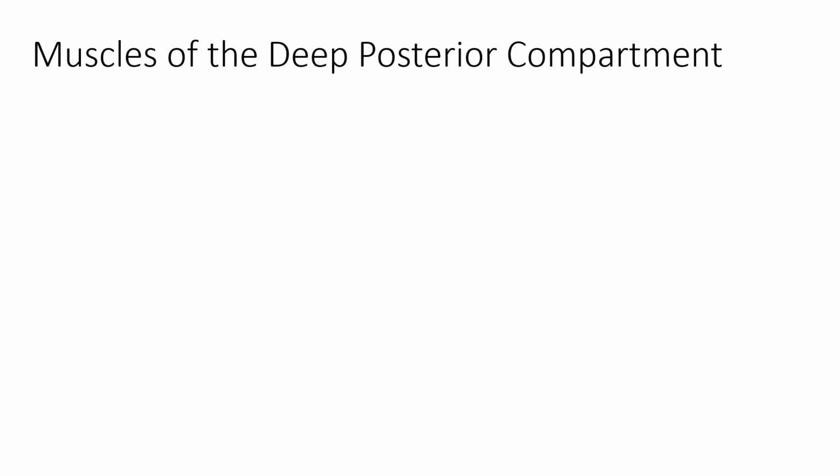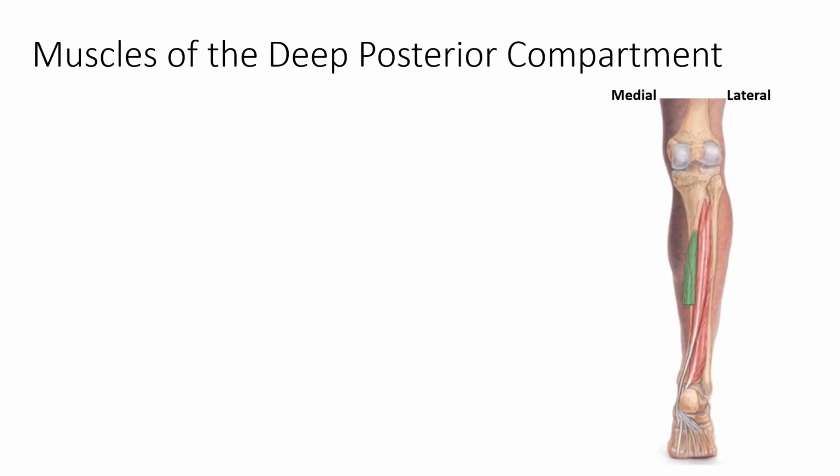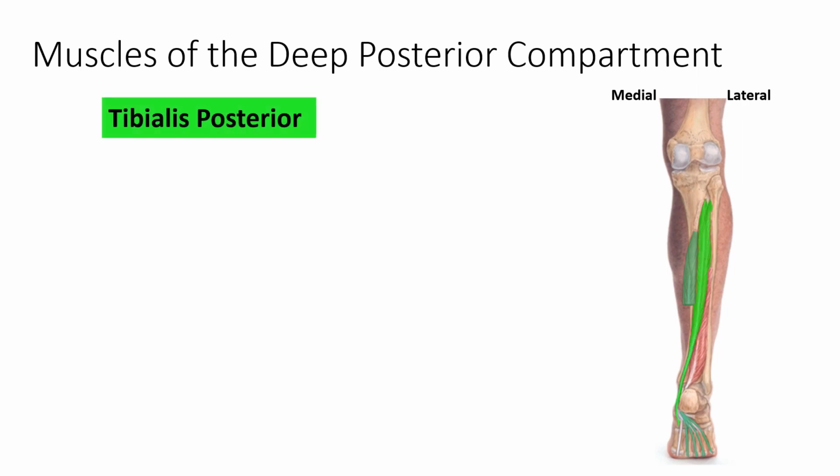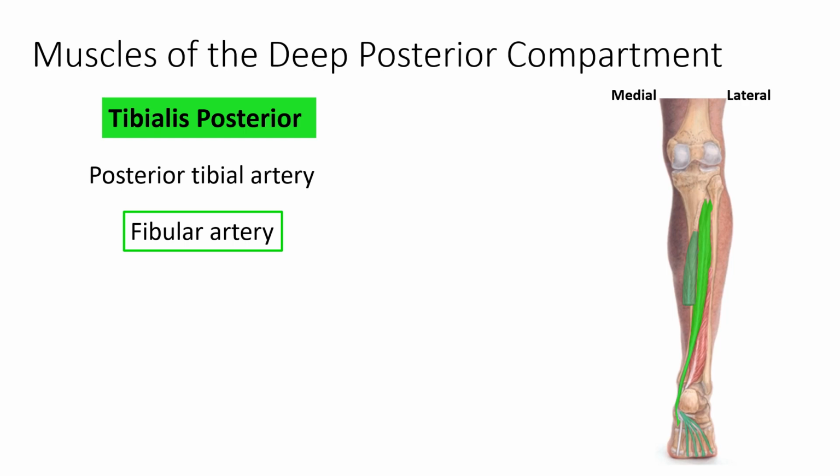The next muscle we're going to talk about is our tibialis posterior muscle. So first, like I said, we'll cut away that FDL that we just spoke about in order to see the entirety of the muscle belly of that tibialis posterior muscle. It is supplied by the posterior tibial artery, and it also gets some contributions from the fibular artery as well. It is innervated by the